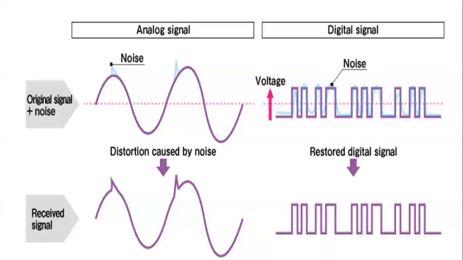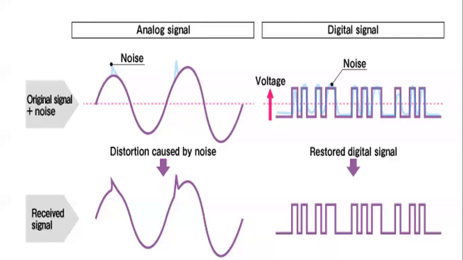Now, how it affects: if you go with analog, you can see that the blue part is actually the noise, and it directly affects the entire bandwidth. But if it is at this digital part, you will find the clarity is more and it becomes easy for us to remove the noise, because as we took the example, it is either the position waves or the width waves. Even if it's the amplitude way, it's in the pulse. So every pulse has a fixed amplitude.